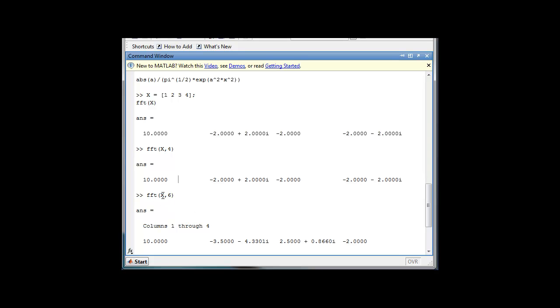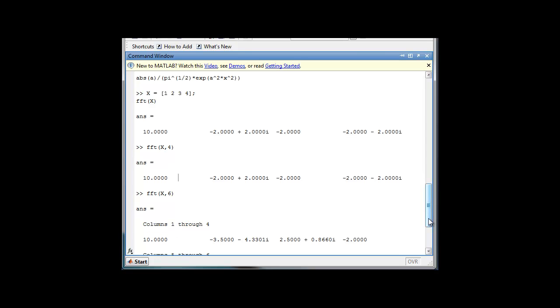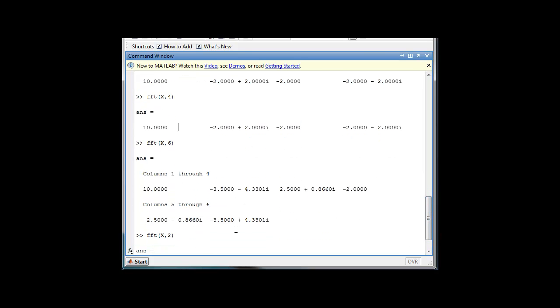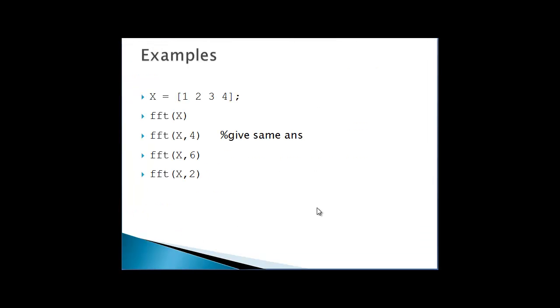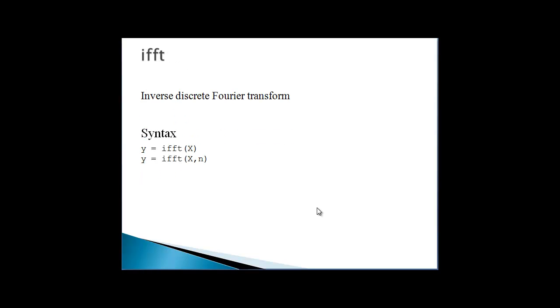But if I type fft of x comma 6, here n is 6, which is greater than the length of x, then the output is different. For 6 places it gives me the output, and if I type fft of x comma 2, it gives again a different answer. So this is the difference when n is greater than the length of x and when n is less.